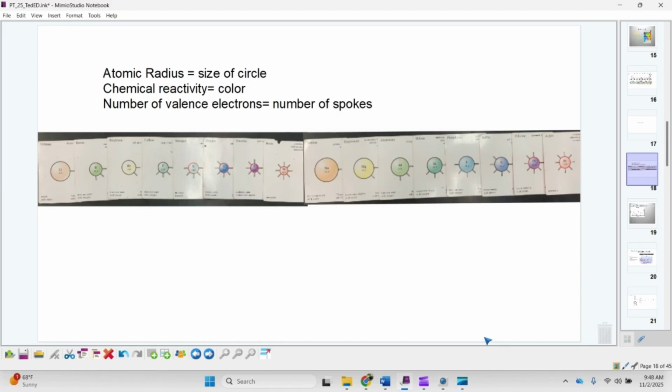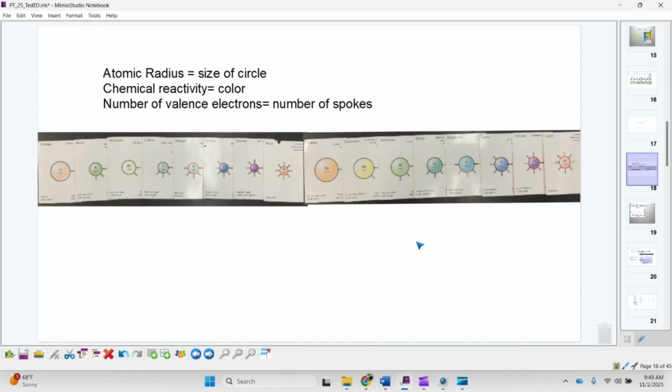So we're going to talk about trends in the periodic table. Some of the patterns that Mendeleev saw, or that we have noticed since then, as we have done more observations and more research, we see there are more and more patterns that match with the shape of the periodic table. To start off, if we look at the cards that we did in the beginning of this unit,